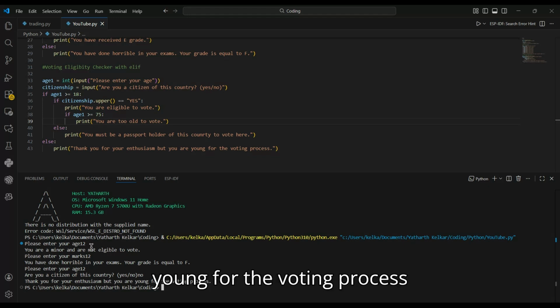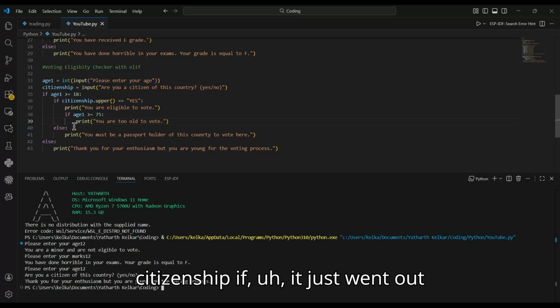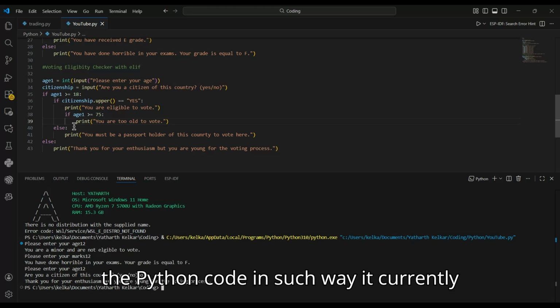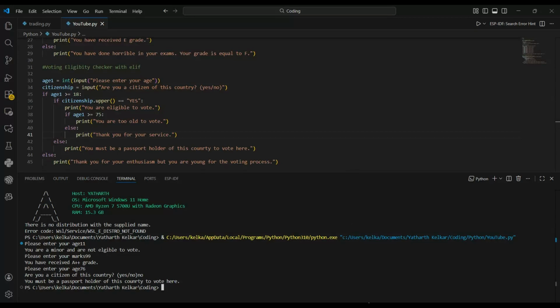Now, why didn't this else run? Because since this if failed, basically this if, the citizenship if, it just went out of the loop. It broke out of the loop already. So you'll have to make sure that you write the Python code in such a way. Currently, it does not matter. But if you're ever using it for proper grading systems or anything,